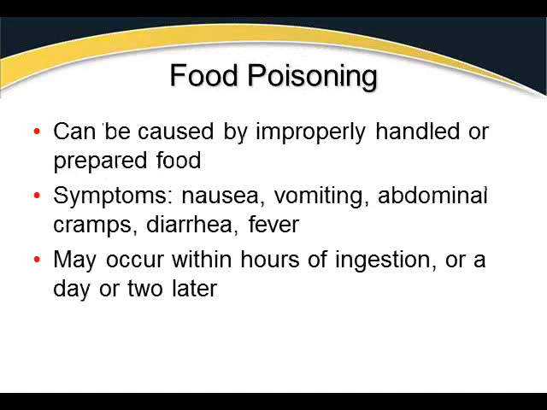Food poisoning. Food poisoning can be caused by improperly handled or prepared food. In most cases, it's undercooked food. We hear about salmonella a lot. But symptoms can be nausea, vomiting, abdominal cramping, sometimes severe pain, diarrhea, and fever. The body recognizes that, hey, there's something wrong here. There's probably some bacteria. We need to get rid of that, so burn it off with a fever. This will normally occur within hours or days